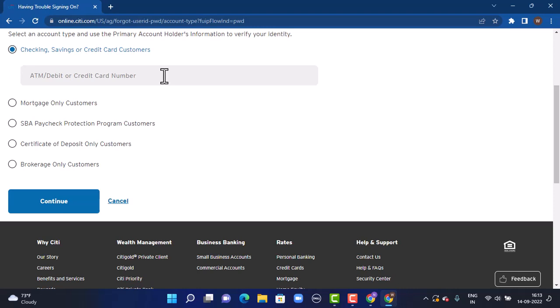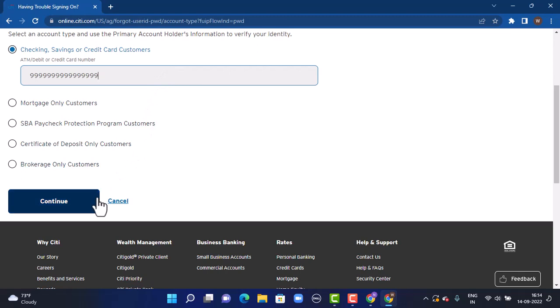Make sure to enter your information correctly. As you're done entering your information, once again make sure to recheck it. Only then tap on continue in the bottom left corner. As you tap on continue, on the other page you get to reset or recreate a new password. After you're done creating a new password, on the login page, enter the information that you've created recently. Once you tap on login, on the other page you will successfully land inside your online banking